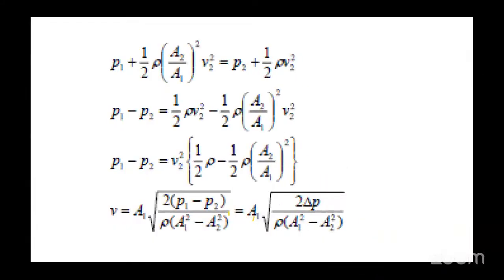Look at the expression there: V1 is equal to A2 over A1 times V2. If we substitute that for V1 in Bernoulli's equation and simplify, we are going to have what you have there. V is equal to A1 square root of 2